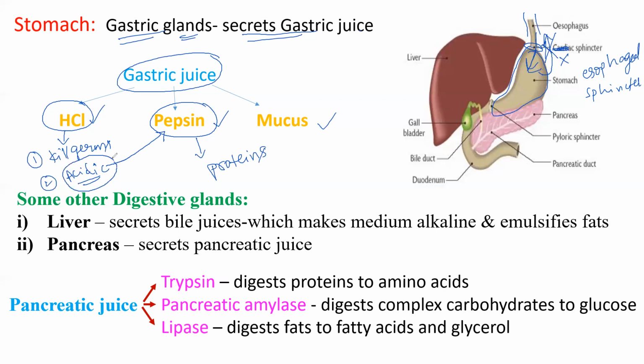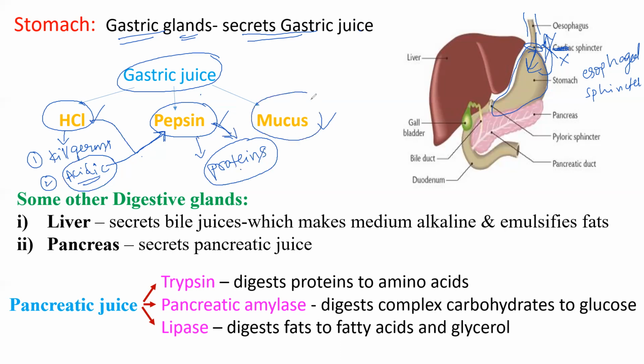That's why the creation of an acidic medium makes pepsin act on proteins to digest them. If there is no acidic medium, pepsin cannot work. That's why, to increase the activity of pepsin, HCl is secreted. After that, pepsin's function, already understood, right? Conversion of proteins means the digestion of proteins.